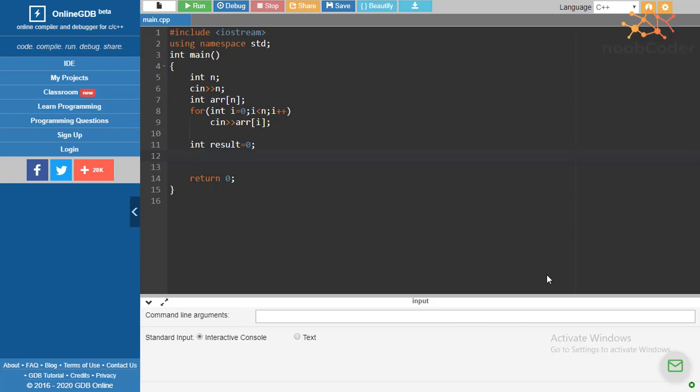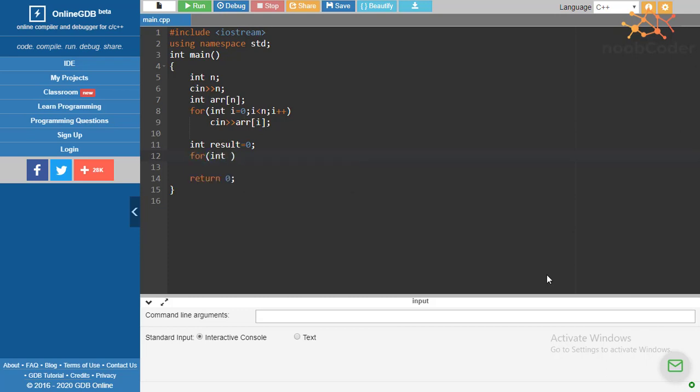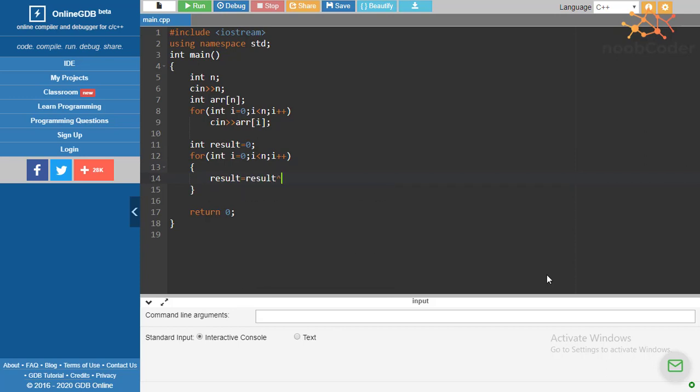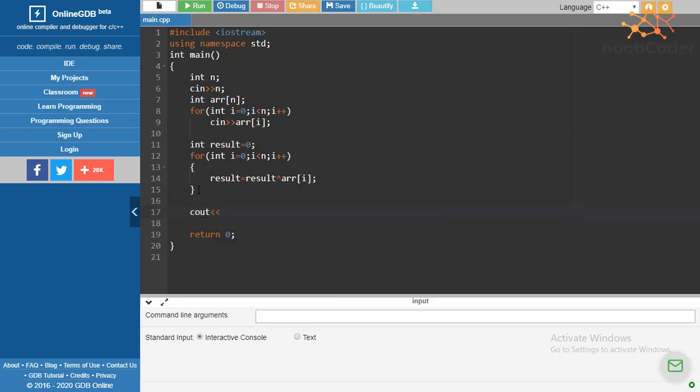So let's do it. Right, so we have done this step. Now let's print the answer. Now let's run this code.